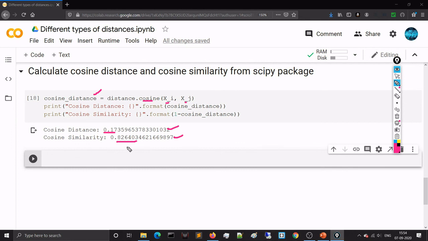So we have learned so many things about distances. If you didn't understand, go and practice all these things. I will provide this Colab notebook link in the video description. You can easily download it and practice, and you can play with this notebook. So the distance portion has been covered. Now we will go to the code and the nitty-gritty details of the k-nearest neighbor algorithm.